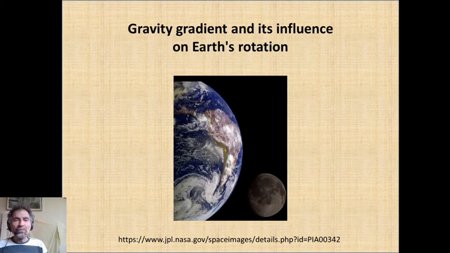We have to keep in mind the idea that as the Moon is pulling the ocean waters on the Earth, it causes the tides. But at the same time, the solid part of the Earth stretches a little bit as well, and this stretching favors the direction of the moon. So when Earth stretches, this stretch is not homogeneous. It favors the direction of the moon, and it makes all the difference